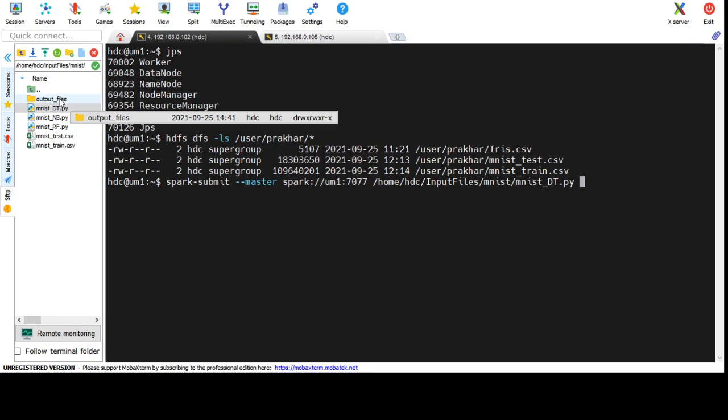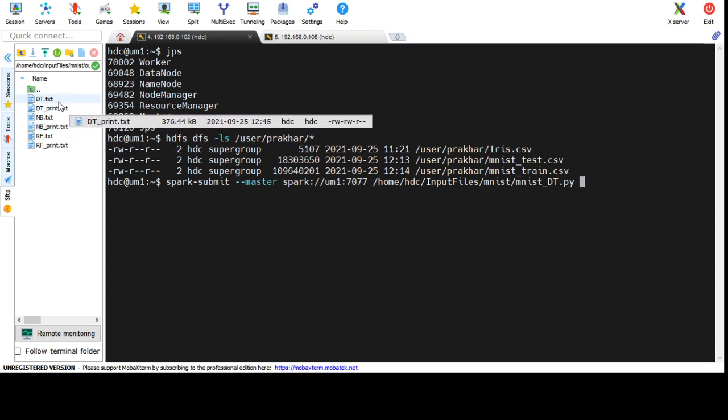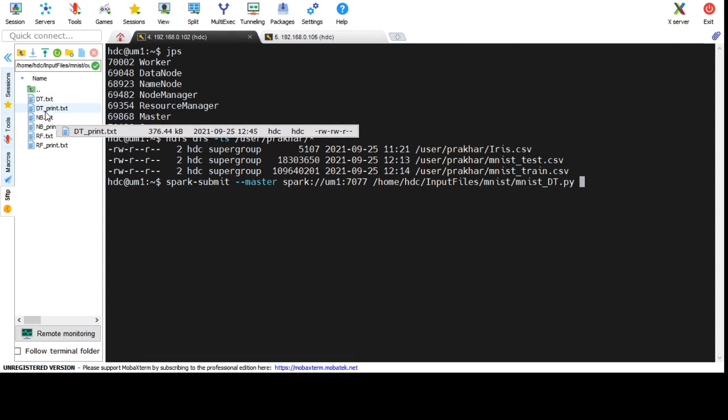So for convenience, I have already saved my logs and output in a file in the output folder. This is the dt.txt file in which I have saved both. And in dt/print, I have saved my output only. Let me show you the dt.txt here.